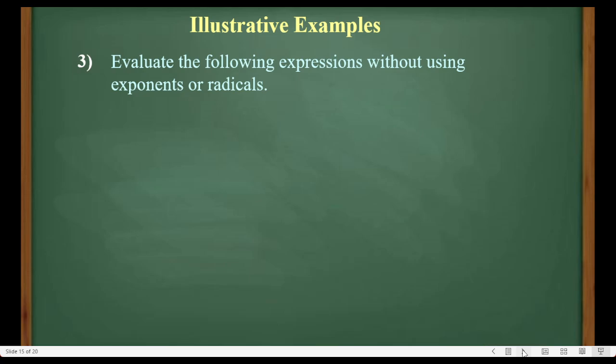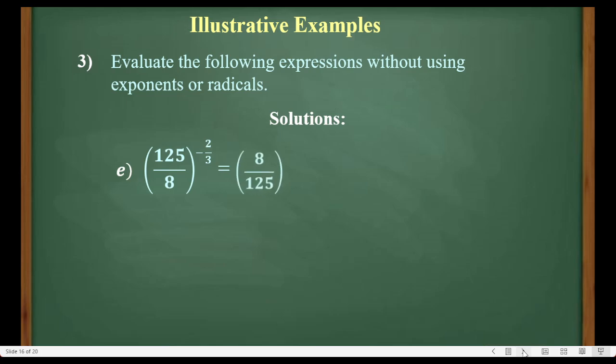Next. Letter E, about this one. 125 over 8, quantity to the negative 2/3. So we make the exponent positive by simply getting the reciprocal of the base. And that is 8 over 125. This time we raise it to the positive 2/3. Then from this point, applying the power of the quotient law,